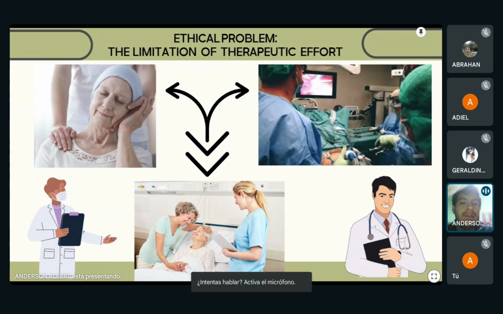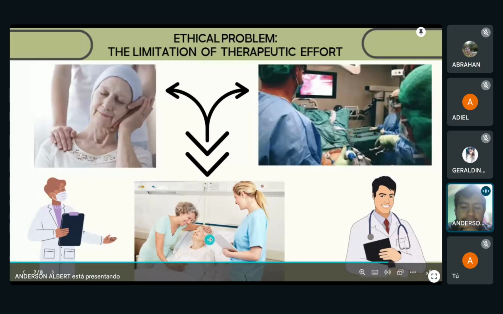My training teaches me to save lives and to fight disease with every available resource, but also to recognize when too much effort becomes a source of unnecessary suffering. In the end, in this situation, I decided to speak openly with the family, explaining the patient's wishes and the real limitations of continuing with aggressive treatments. I pursued a palliative care approach that prioritizes comfort and dignity in her final days.